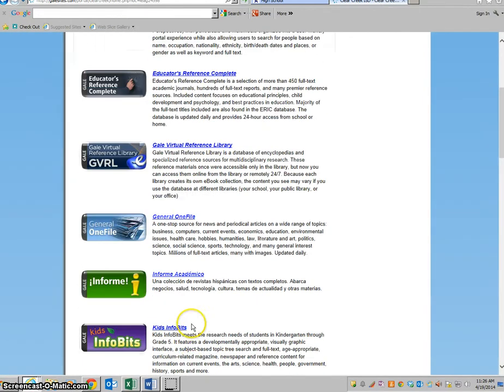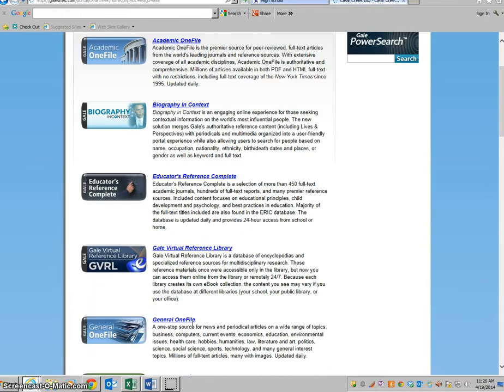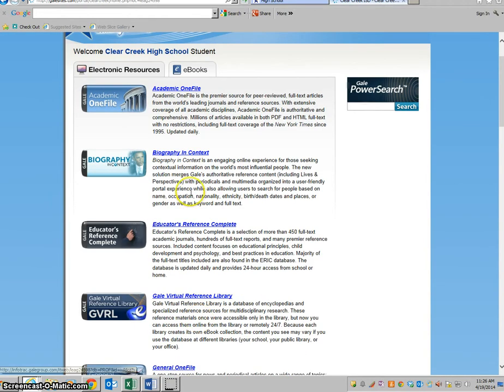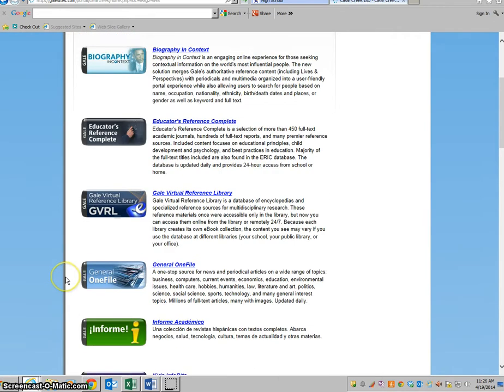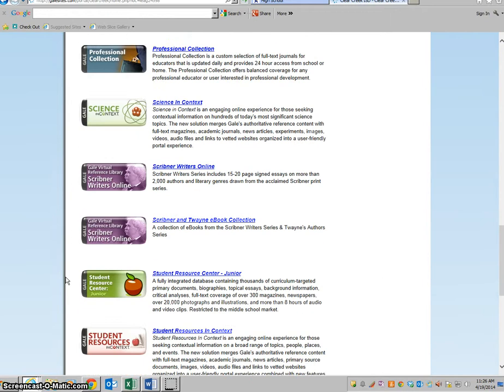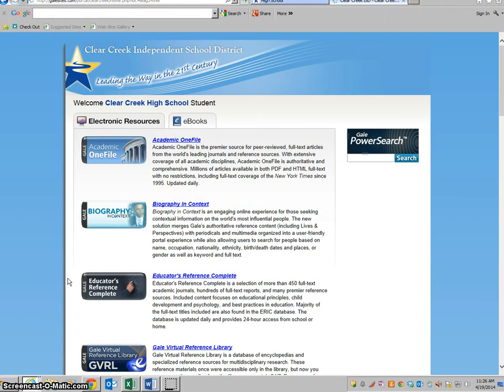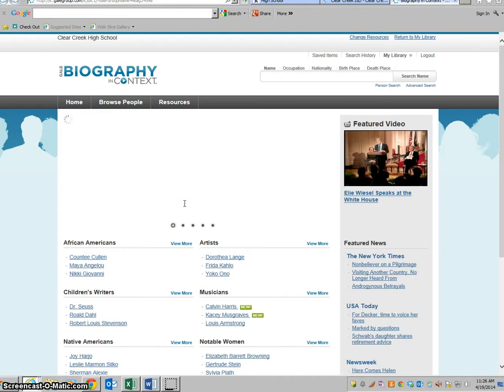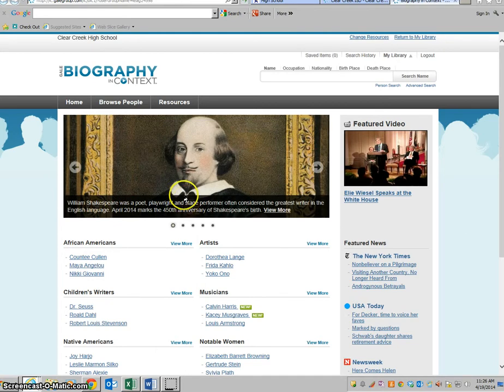So as you can see, you might want to spend just a few seconds looking at the descriptions of these databases, because if we went into the science and context, it may not have a lot of information about John Green. Whereas if we go to the biography and context, or one of the ones about authors, it's going to have a lot more information. So I went ahead and I clicked on the one that I wanted, which was the